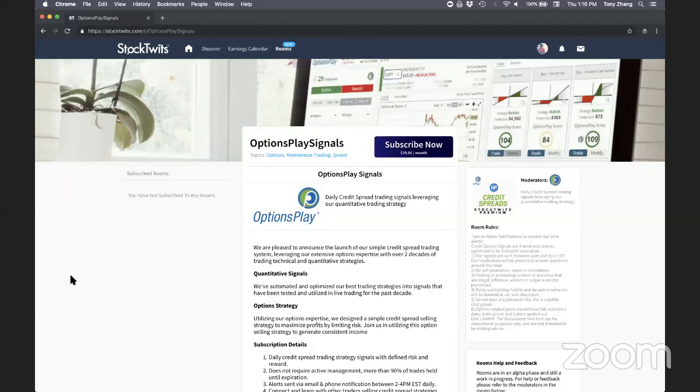I plan on publishing that in the next week or so. If you're interested in looking at every single trade we've ever generated off of our backtest, happy to share that with you. And I'm looking for input from you guys as well, especially some of you that are technically savvy that can help us with some of the backtesting.